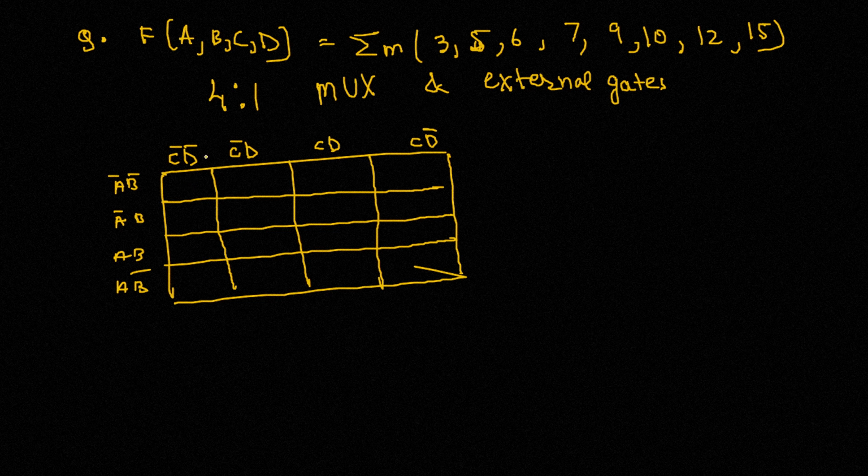So now we have 3 as the first one. So this is 0, 1, 2, and 3. We have 1 here. Then we have 5, 5, 6, 7, 9, 10, 10, 12, and then 5. So now let's see. This gives us,